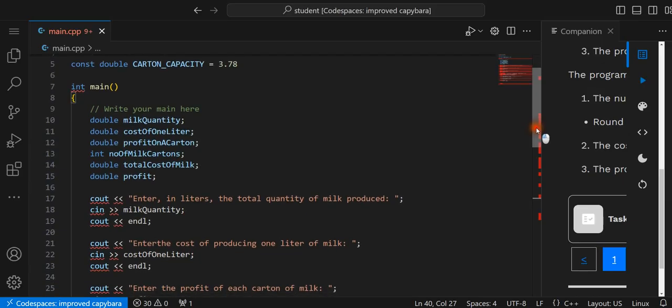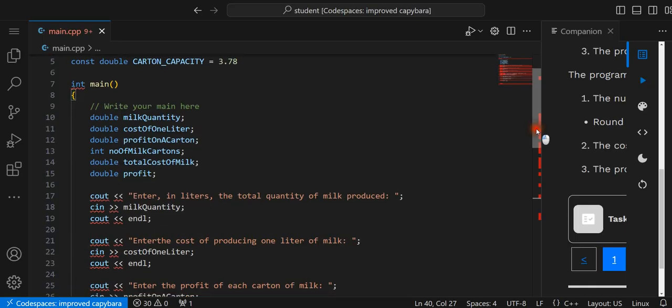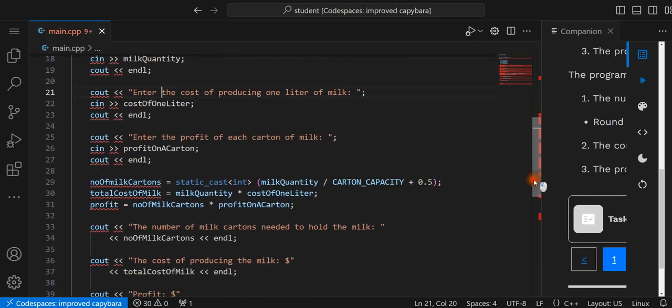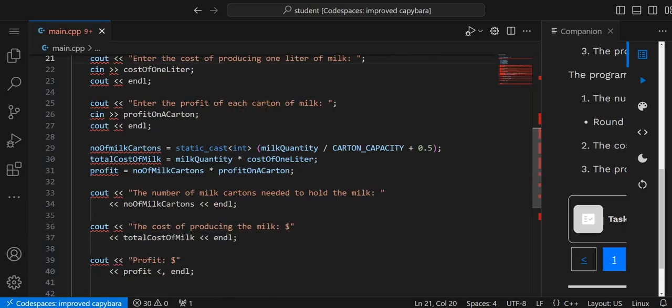Make sure we got our, we do. So we got our enter in liters the total quantity of milk produced, milk quantity, in line, enter the cost of producing 1 liter of milk, cost of 1 liter, and line, enter the profit of each carton of milk, and then profit on a carton,